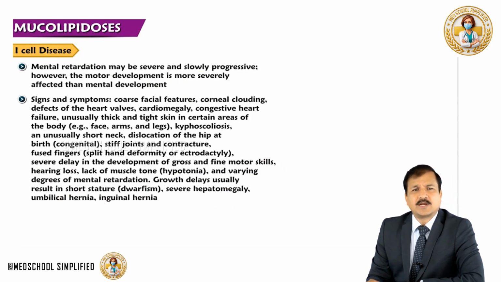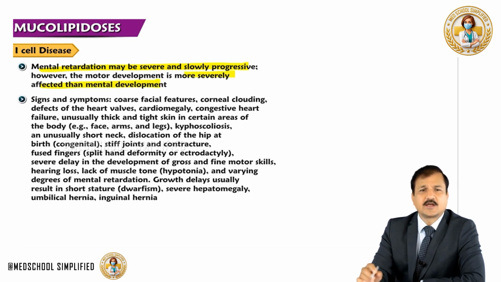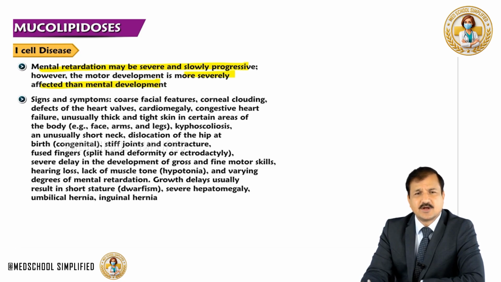Now, mental retardation may be severe and slowly progressive. However, the motor development is more severely affected than mental development in I-cell disease. Although both mental development and motor development are affected, motor development is affected much more severely than mental development here, right? So signs and symptoms: coarse facial features like Hurler syndrome, corneal clouding like Hurler syndrome, defect